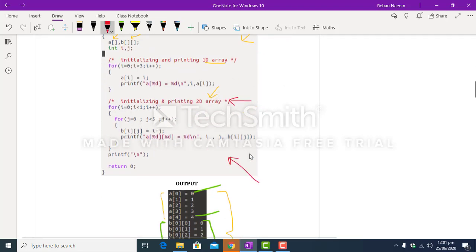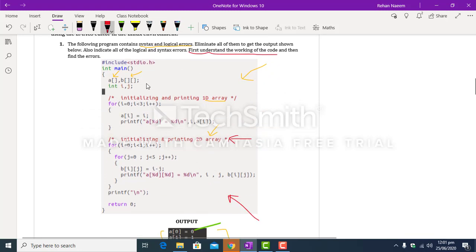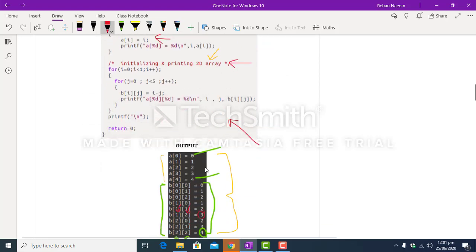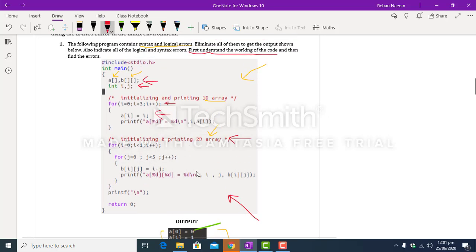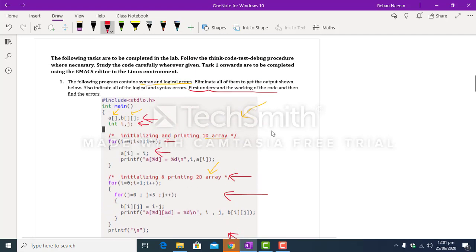So I recommend all of you to first understand the working of this code, understand each line of the given code, look at the output, look at the code, and try to determine what is wrong with this code. So this is all you have to do in task number 1.